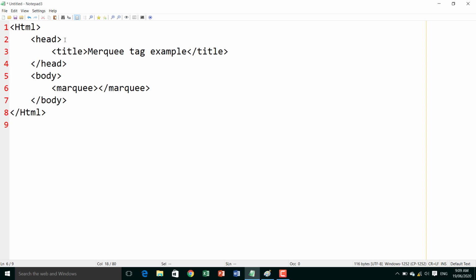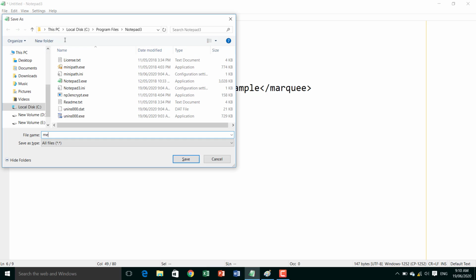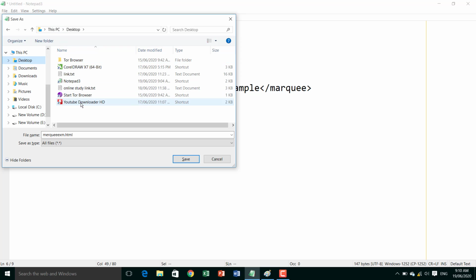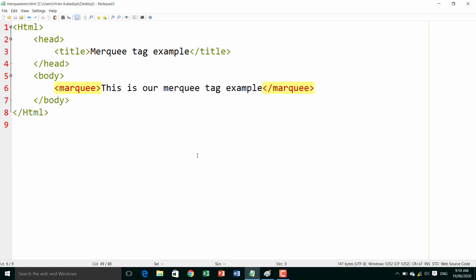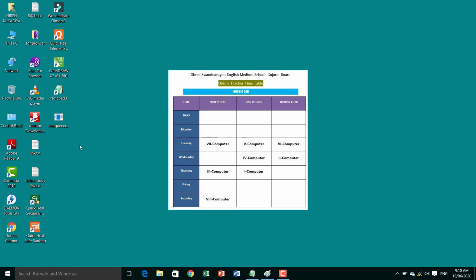So this is our Marquee tag example, right? Now save this. Save as Marquee example dot html. Now save in a particular location, desktop, save.